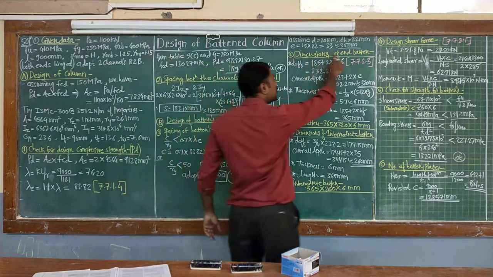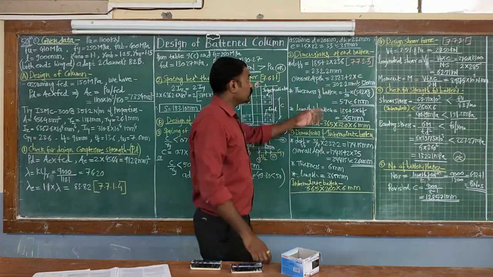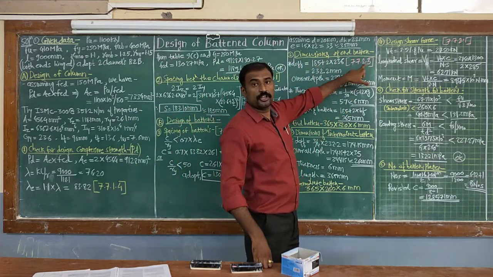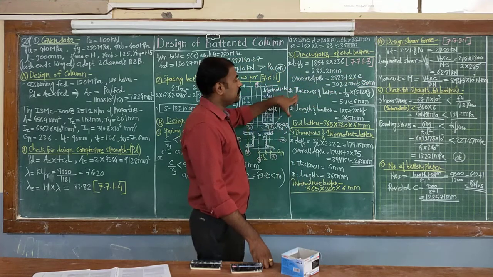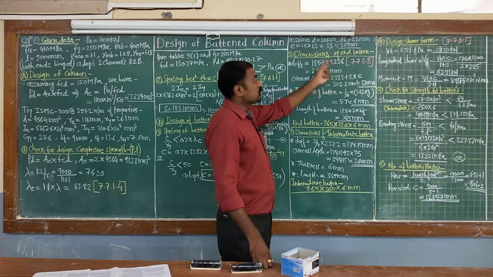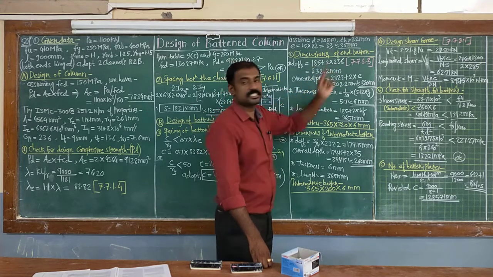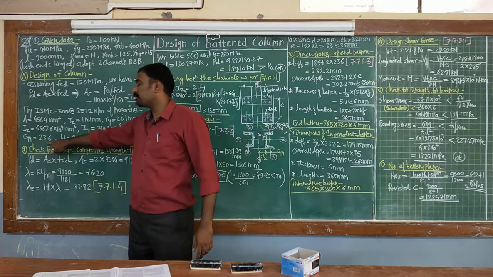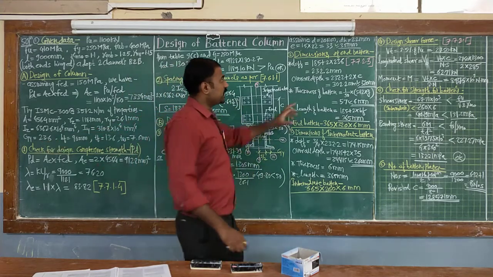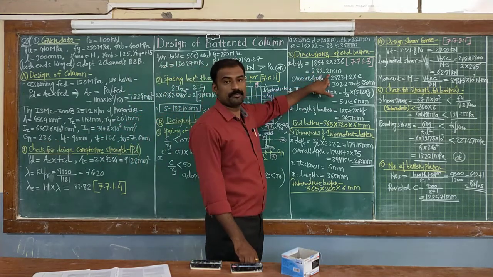So defining the dimensions of end batten, according to clause 7723, your depth of end batten should be your spacing plus 2 times CYY value. Spacing is 185 and 2 times CYY, that is 23.6. So CYY value is written here 23.6 from given data. So we are getting value 232.2 mm, correct?